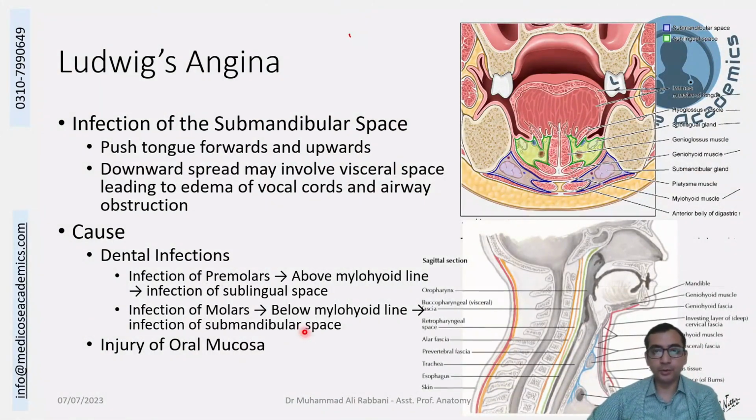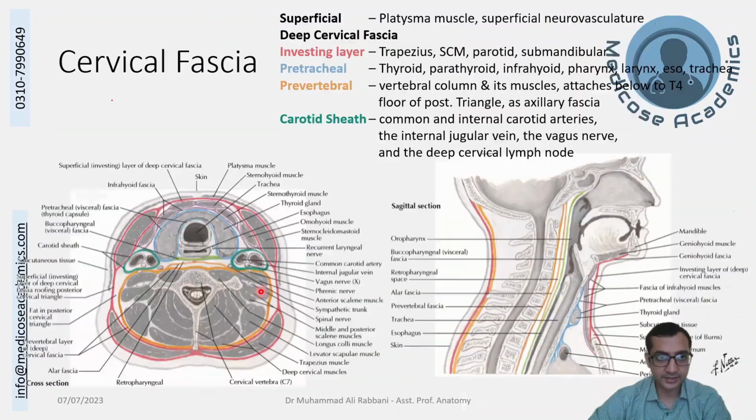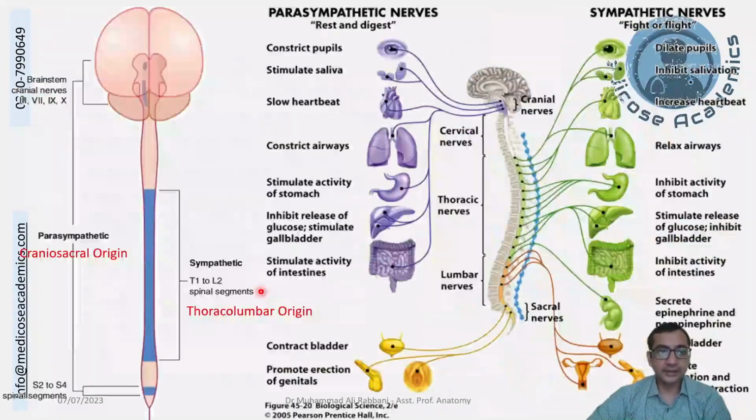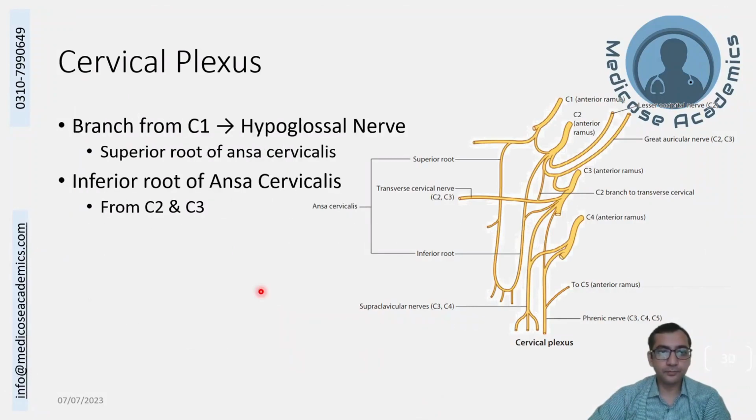So the injury of the oral mucosa, some prick that happened, will give infection to the sublingual space, and it goes to that. Below the mylohyoid line it goes to the submandibular space; above the mylohyoid line, anterior to the premolars, it will go to the sublingual space. So that's all about the triangles and the